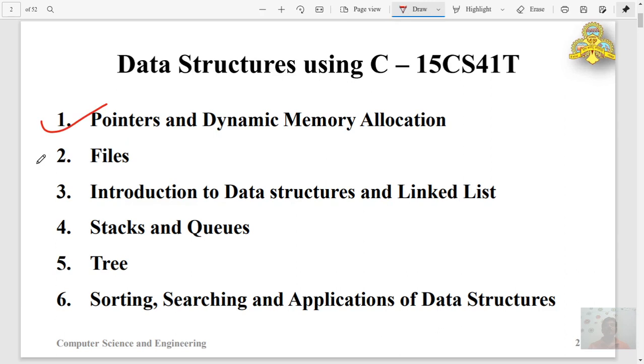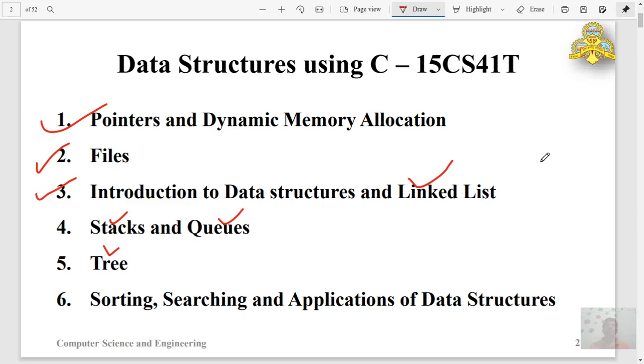So file accessing, allocating memory and manipulating the memory in the computer during the execution of the program are the foundation. And while using this, we will use some data structures, and we will use linked list, that is covered in unit 3, stacks, queues and trees. So these are the very basic data structures usually covered in advanced programming of any language.